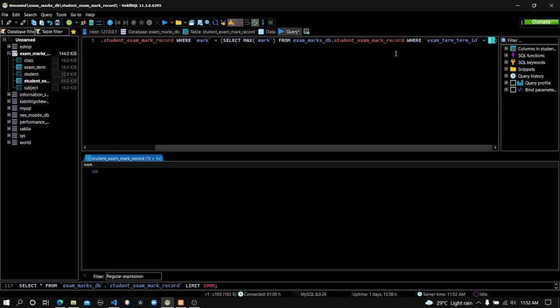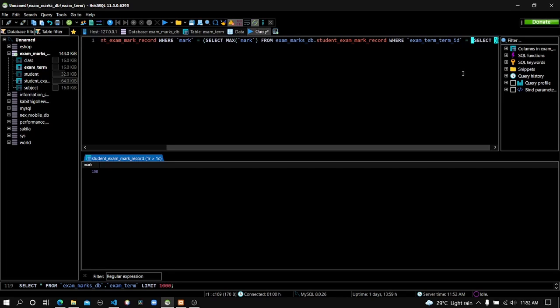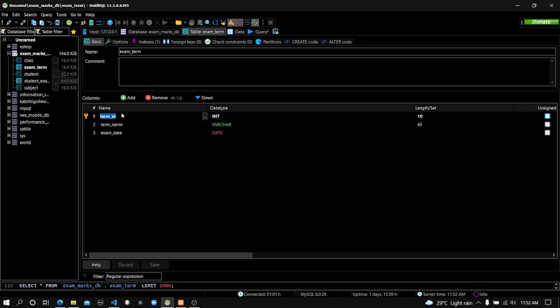the next select query. We are writing this query to find the ID of the first term. That means we have to write a select query to the exam term table, because that's the table which stores the details of our terms. So you can see first term, second term. In the exam term table, we need to find the ID of the first term, which is number 1. So I need only the ID. Let me copy the attribute name, term ID,